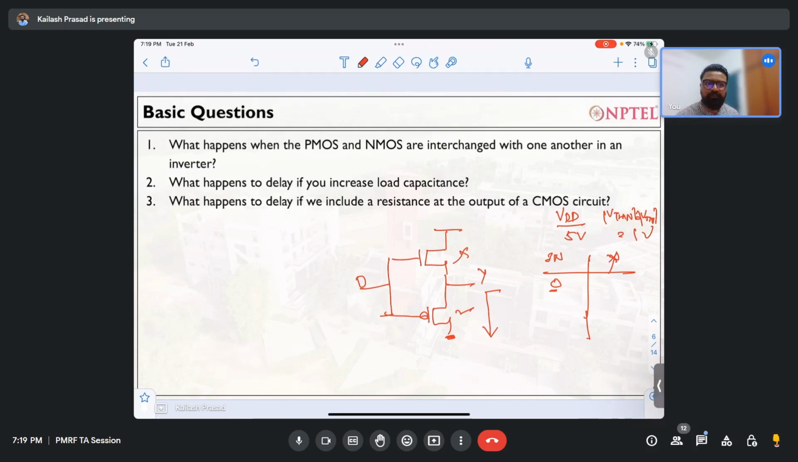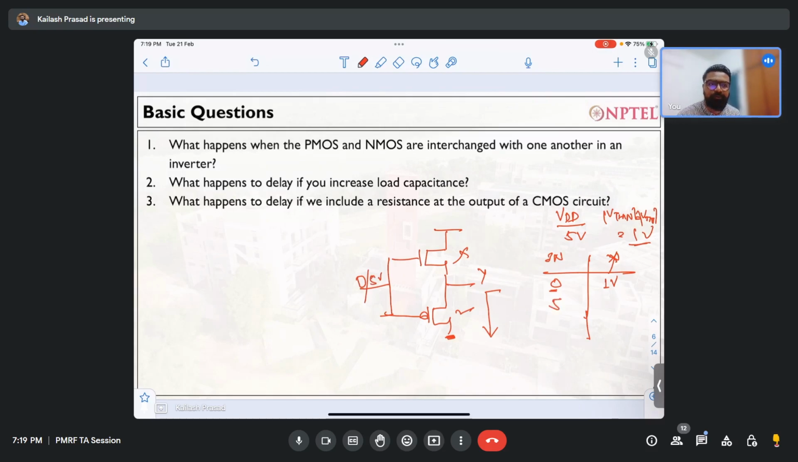Anybody want to answer? The output actually won't be 0. Rather, it will be VTP. Exactly, because there will be a threshold voltage drop. So the answer will be 1 volt. Yeah, in my case it is 1 volt. Yeah, you're correct. Now, if I provided 5 volt instead of 0 over here,